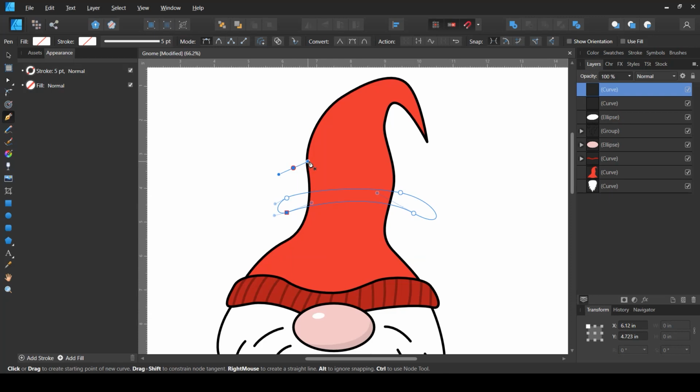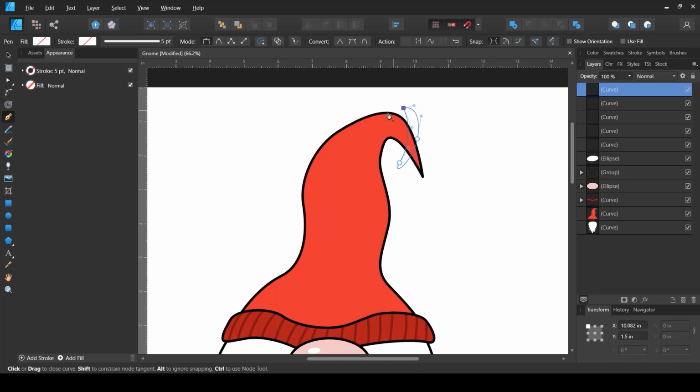You can create one stripe and then start copying it on the other side, or on the other locations, but I'm just going to create different ones because I want to create a variation in them. I do not want to see a repetition here,